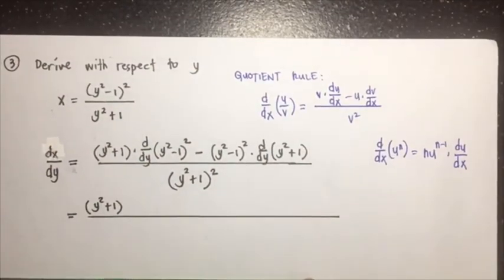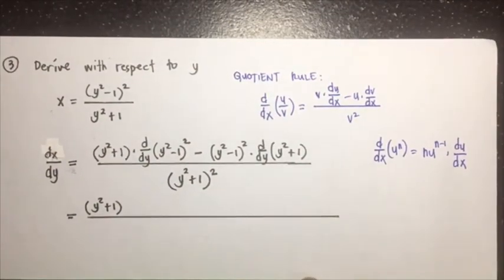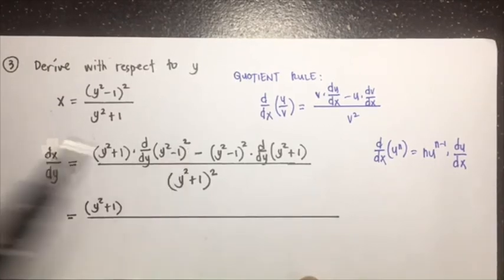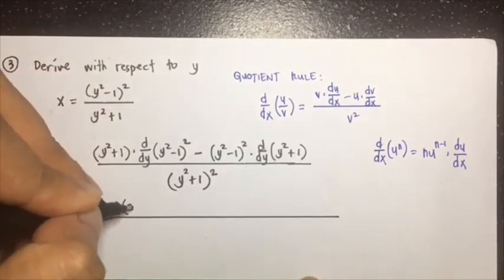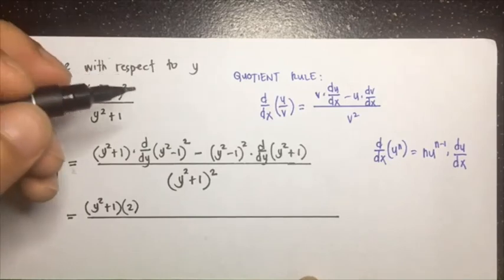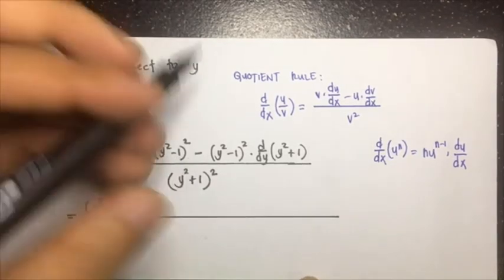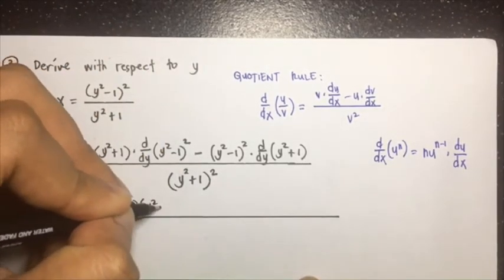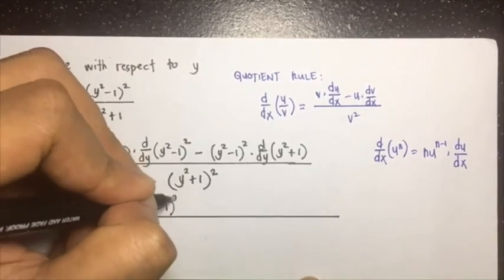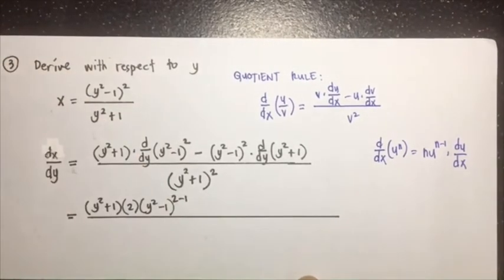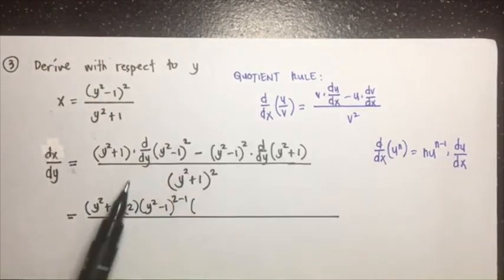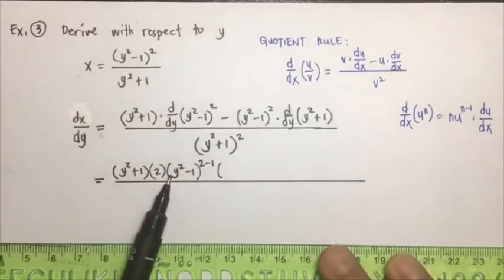So our n is positive 2, and our u is y squared minus 1 raised to 2 minus 1, and then multiplied by du over dx,